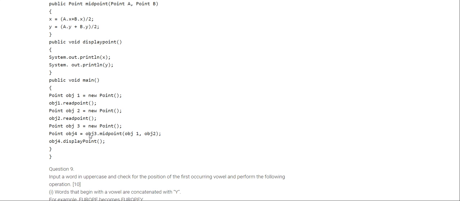Now the obj4 object that is returned from this function is storing the new set of values x and y, which will store the calculated value of the midpoint. And when we call the displayPoint method with the help of obj4, this will print the new values of the midpoint.